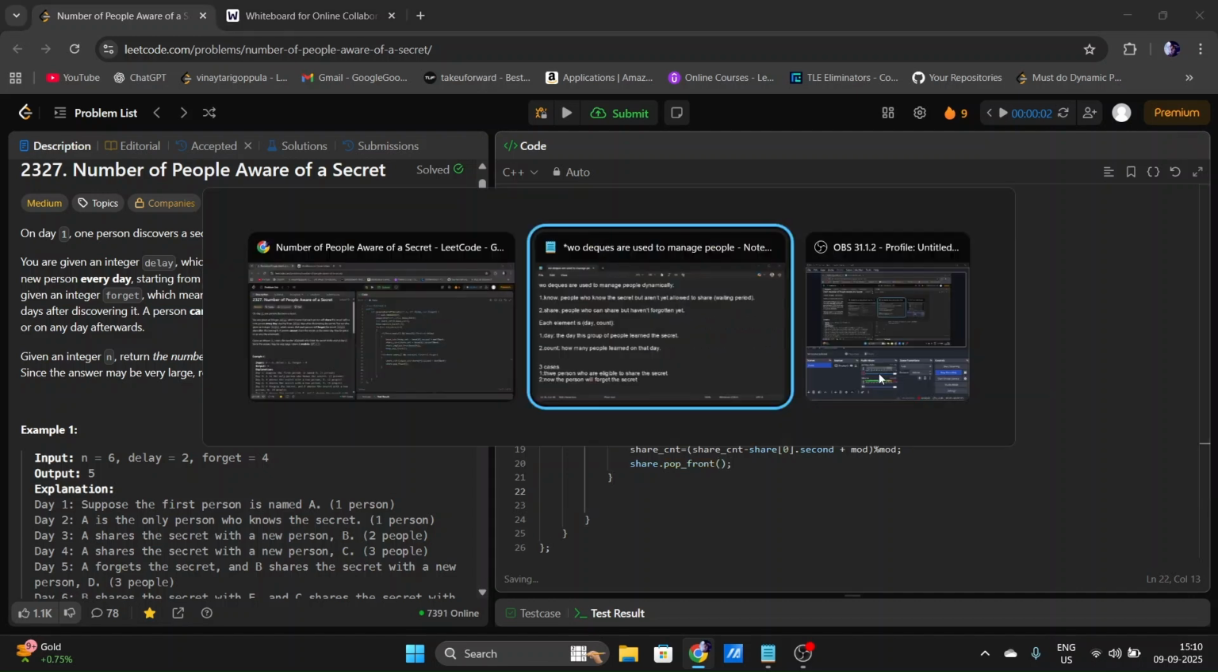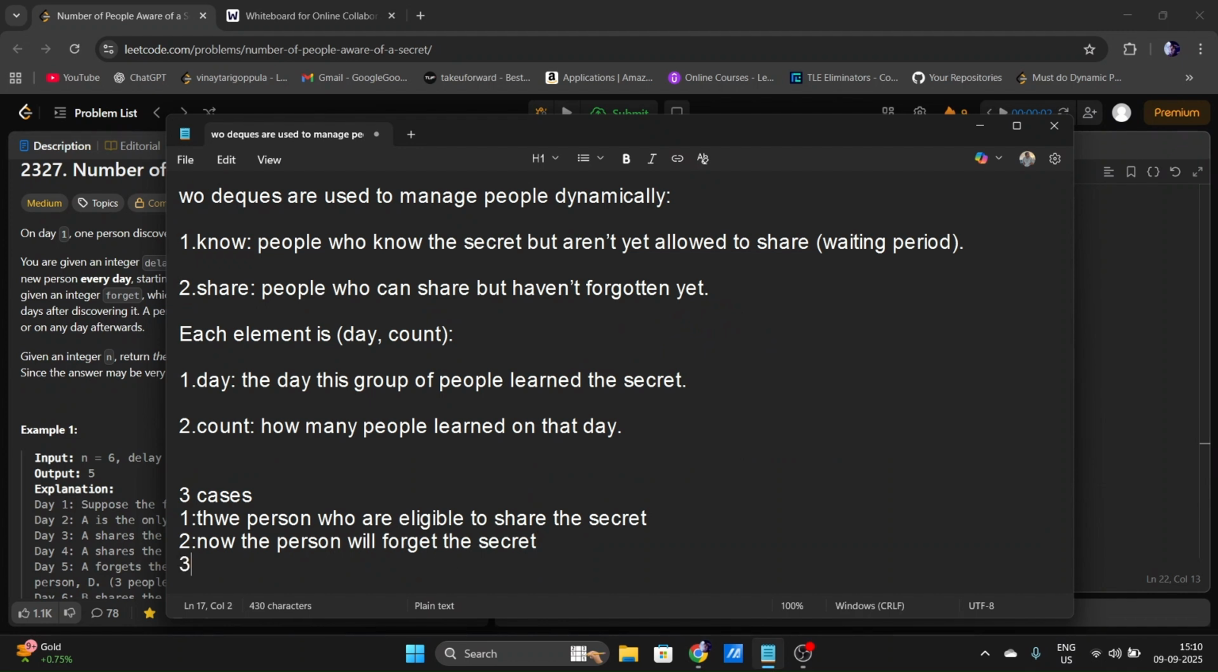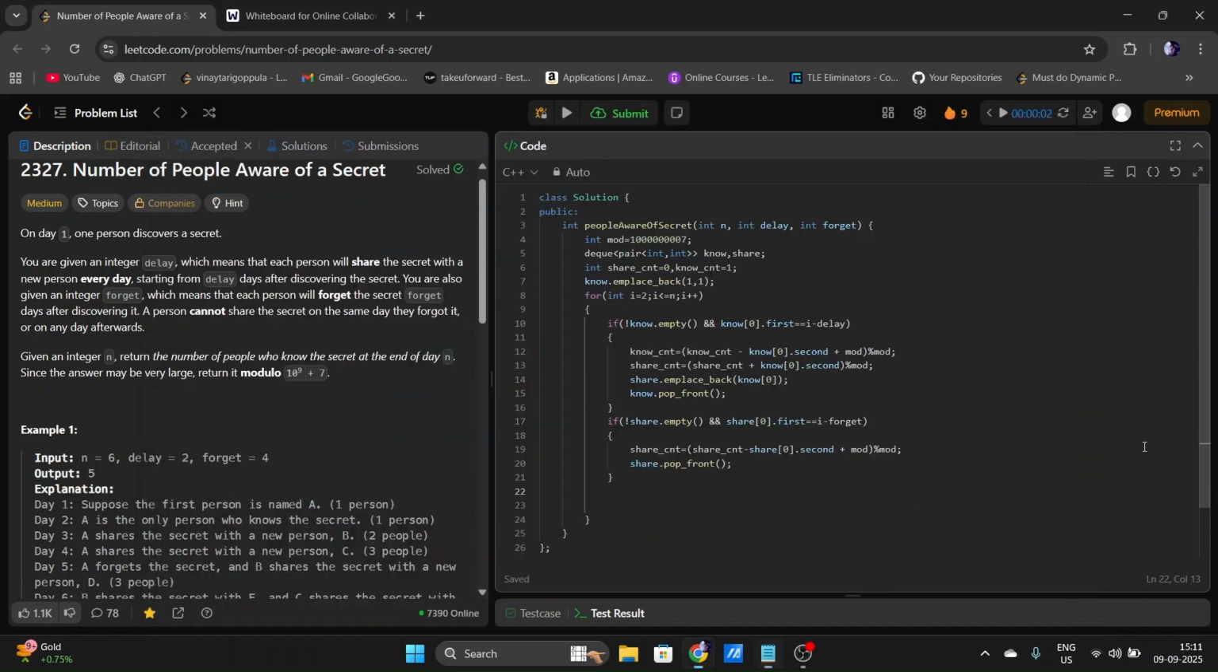Okay. After this, the third step is, we know when they will be eligible to share the secret and when they will be eligible to forget the secret. So now, what about the sharing? For the third case, the people who are eligible for sharing the secret will tell a new person about the secret. So for that,